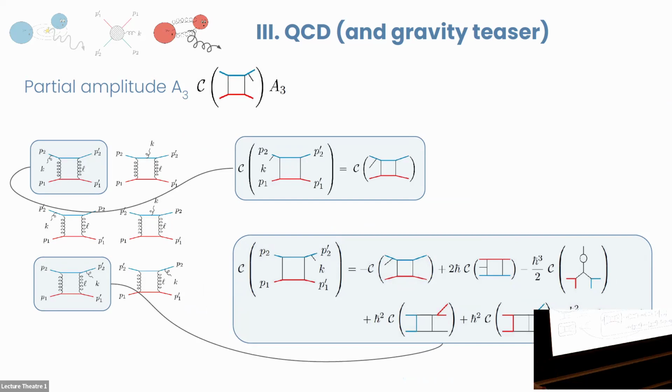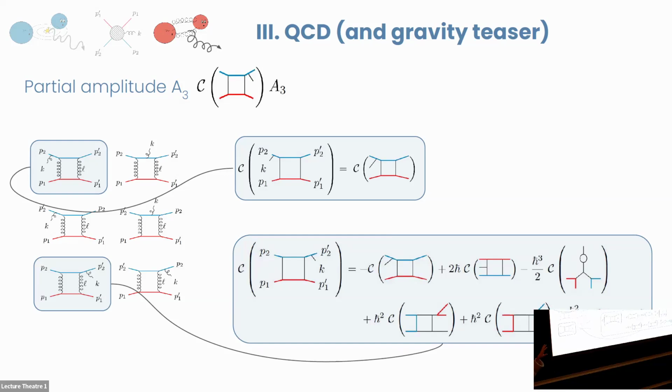And this is just a side note. These are the graphs that contribute to this partial amplitude that I showed you. I don't know how easy it is to see, but they're all either pentagons or, does anyone have a preferred name for this? Boxes, dangly leg boxes? No complaints. It's a box. Well, it's a dangly box. Okay, boxes and pentagons. Held box. Hmm? Held box. Okay, there we go.